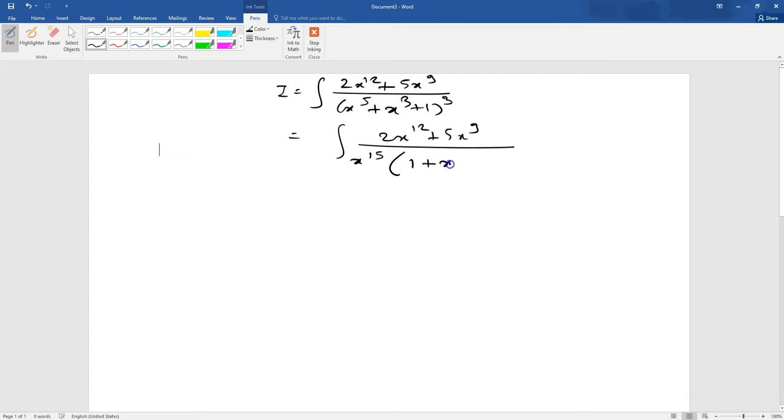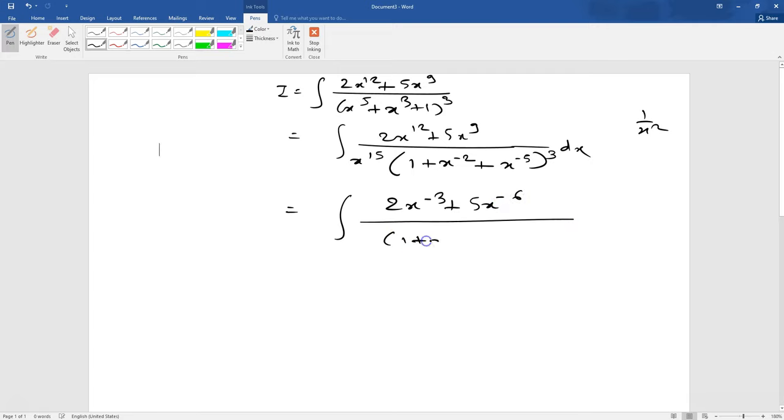सो यहाँ पे आएगा x raised to minus 2, right, और यहाँ पे आएगा x raised to minus 5 का क्यूब. ओके, एक्चुअली ये 1 अपॉन x स्क्वायर होगा. ओके, now and this will be 1 upon x raised to 5. We are almost like half done on this. 2x raised to 12, this is x raised to 15, so this will be 2x raised to minus 3 plus 5x raised to minus 6 upon 1 plus x raised to minus 2 plus x raised to minus 5 dx,